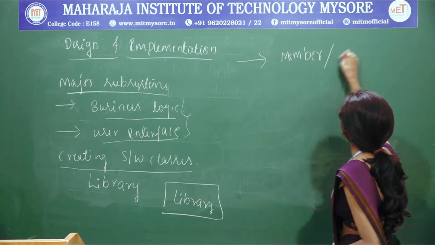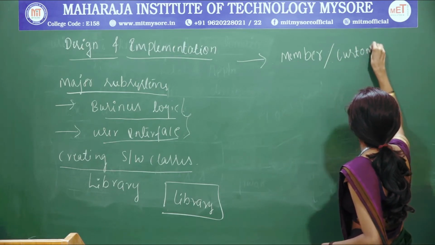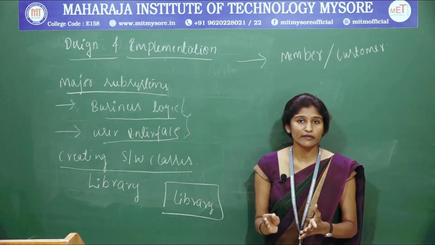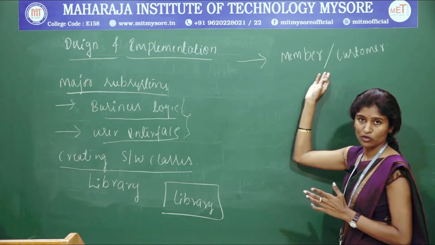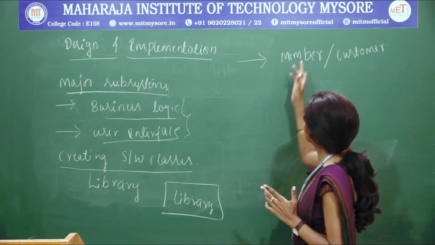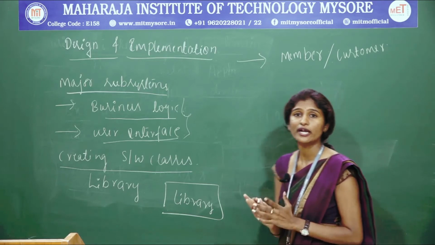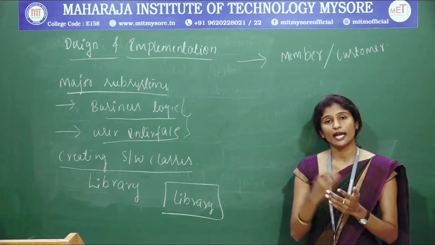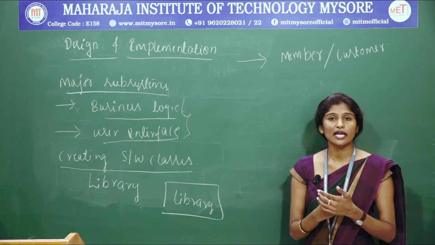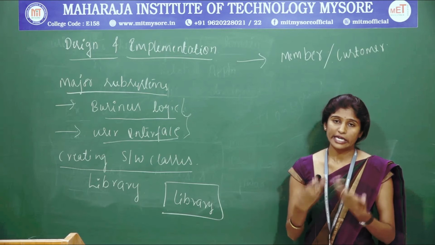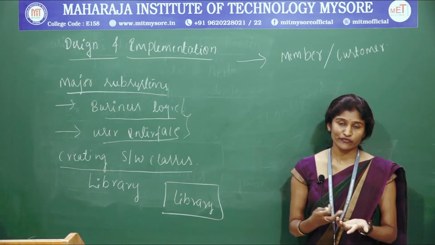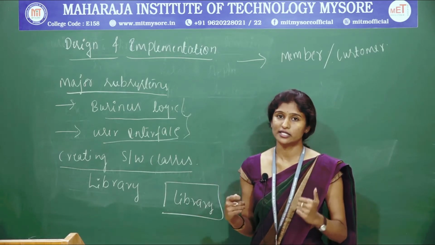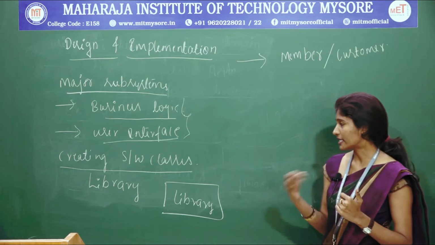So for a member, or you can even call it a customer, we had written a use case diagram and the class diagram for the member or customer also. Now I need to implement this as a software class. In order to write a software class, what do I need to do? I need to assign the class name and the attributes of the class. The attributes you have come across are the phone number, name, address, and the ID of the customer. So all this becomes the attributes of a customer. These things I need to consider while making it a software class.